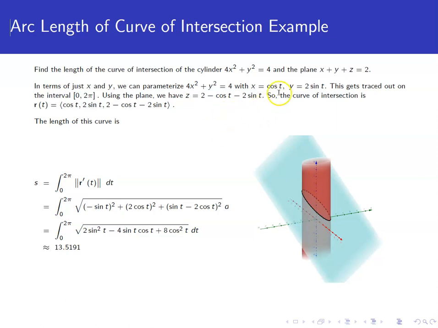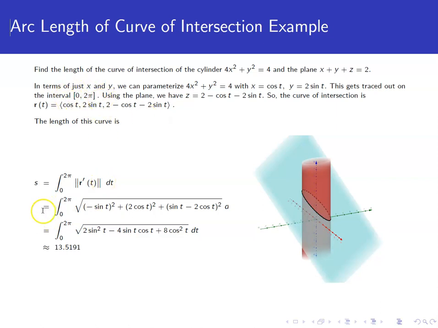We notice that the ellipse that we parameterized gets traced out exactly one time on the interval from 0 to 2 pi. So that's exactly what we're going to integrate over when we compute our arc length. So we've now found a parameterization, or a vector function if you will, of the curve. We know the interval over which we're going to trace out that entire curve, so we can use our